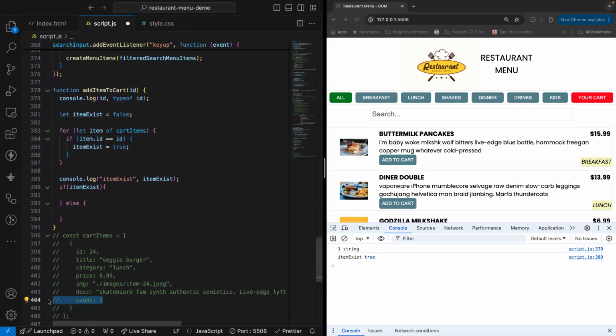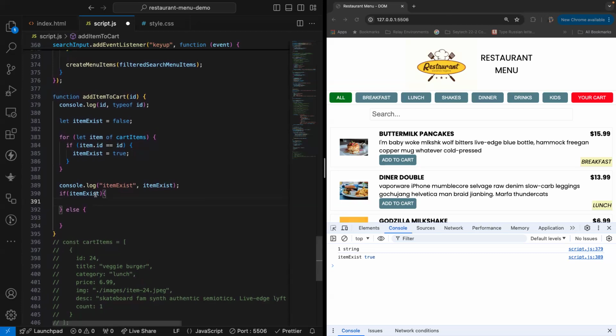What I'm trying to say is that, this part is a little bit trickier because